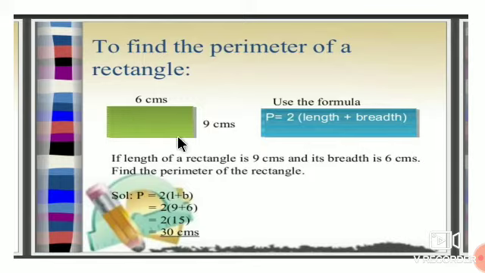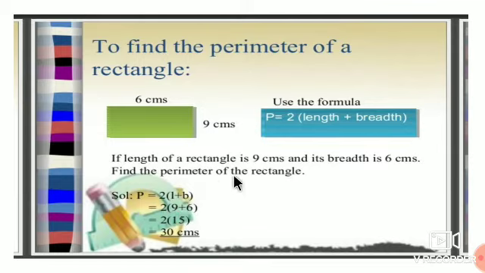Here the rectangle has four sides, which we can shorten as 2 lengths and 2 breadths. So the formula we can write like this: P for perimeter, equals 2 times length plus 2 times breadth. We can write the 2 as common, so inside the bracket length plus breadth, because 2 times length is there and 2 times breadth is there. Anyway, you can write the formula, or you can just add the lengths of the four sides. Here P is equal to 2 times (length plus breadth).